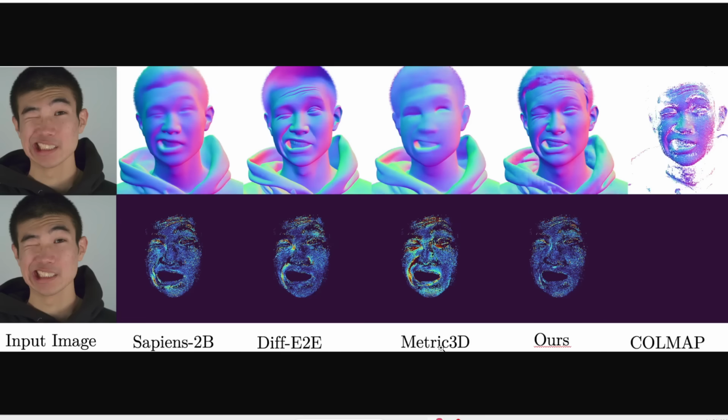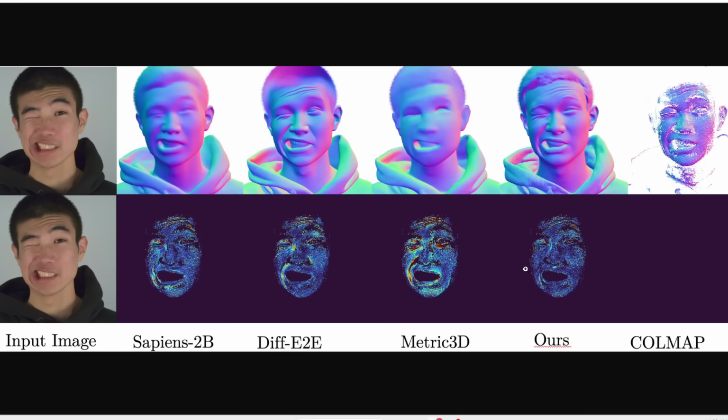Here's another comparison with this new tool and other 3D face generators. And here they looked at its normal estimation. If you're not familiar with this term, normal basically means the orientation of the surface. And this bottom row indicates the errors from the generation compared to the ground truth. So you can see that the face generated with this AI again contains the least amount of errors compared to the other models.